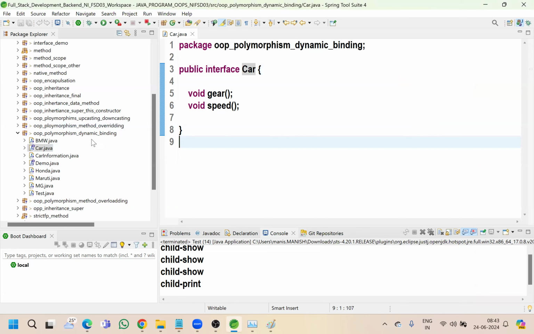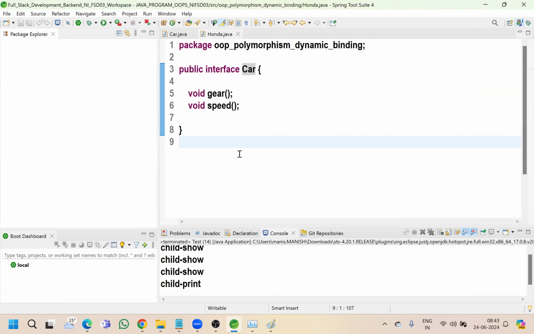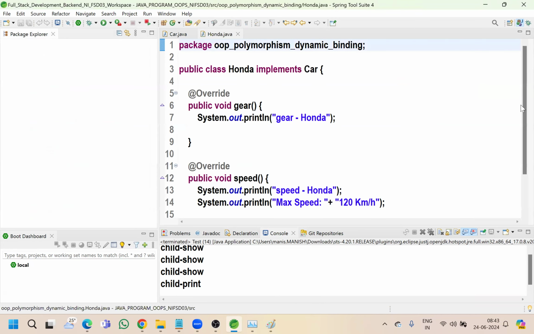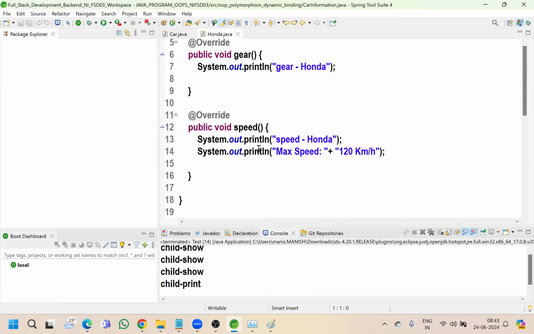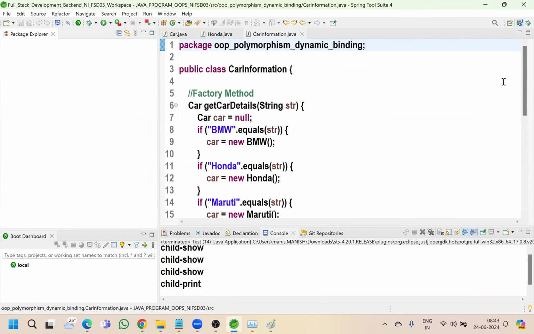We have just defined the method name. All car companies are following our rule, and they are implementing their details inside this method. So if anybody wants to get a particular car's details,